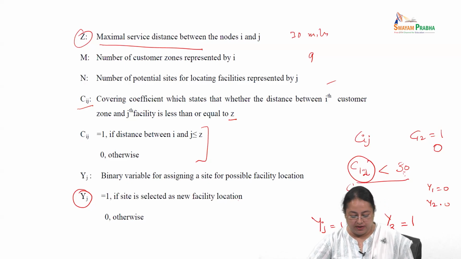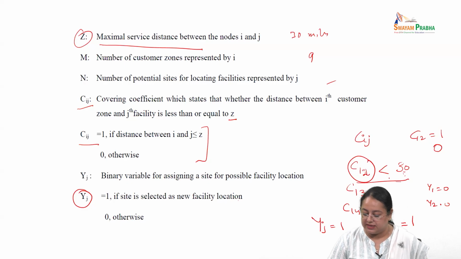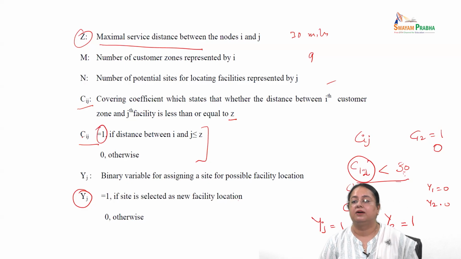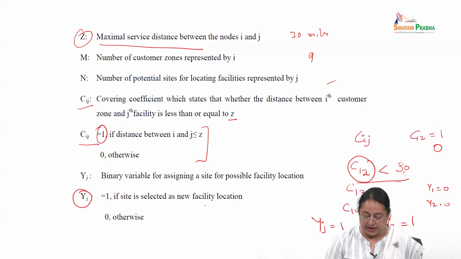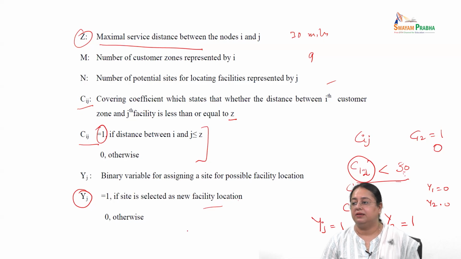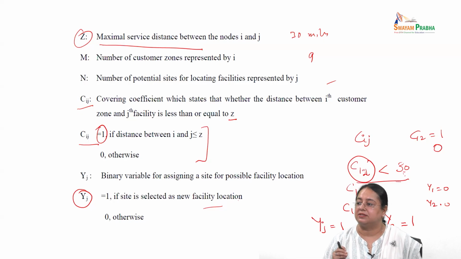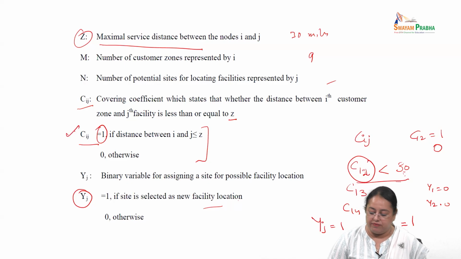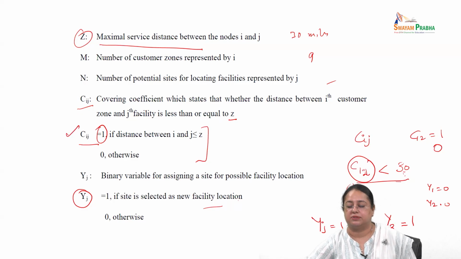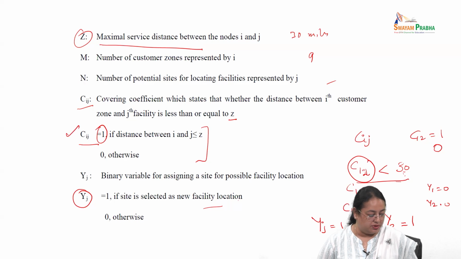Now you see here, we have used this. If the distance is less than 30, we are saying this will be 1, right? So when we have such kind of variables which can take only value 0 or 1, we call them binary. Or there can be instances where we can restrict only integers. They cannot take fractional values. So then we call it integer programming. And if we have a mix of both, we call it mixed integer linear programming. Okay, but as of now, you can say we have to have such kind of variables. Okay. So now we will move to